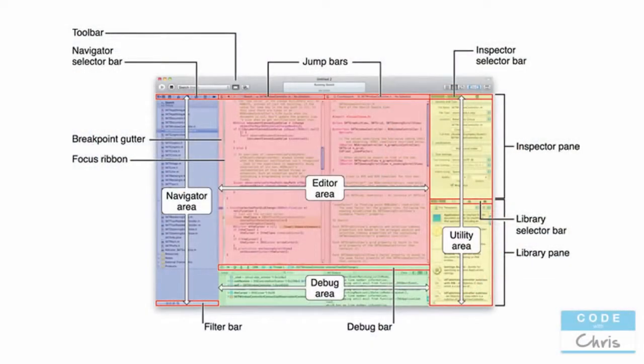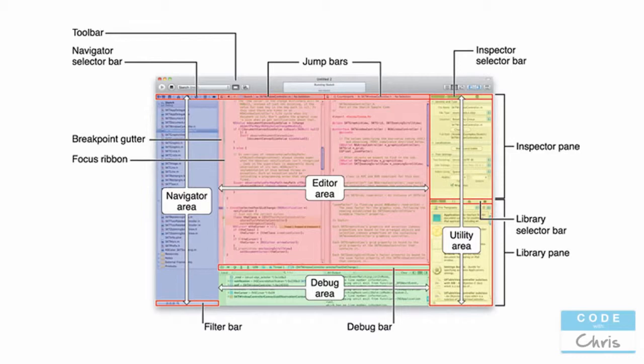Okay, now that you've run your first blank iPhone application, we're going to take it a tiny step further and add a label onto the screen saying Hello World. That's all we're going to do. Alright, let's get started. Let's first take a look at this diagram of the Xcode interface,